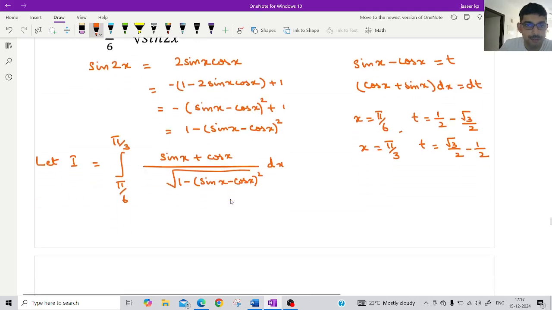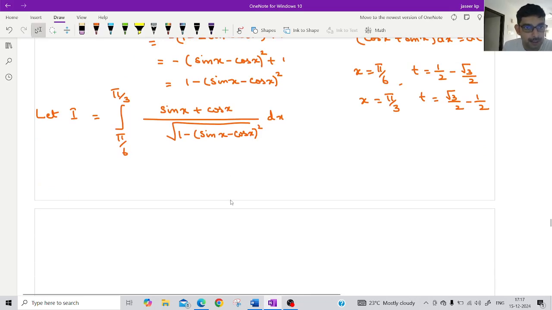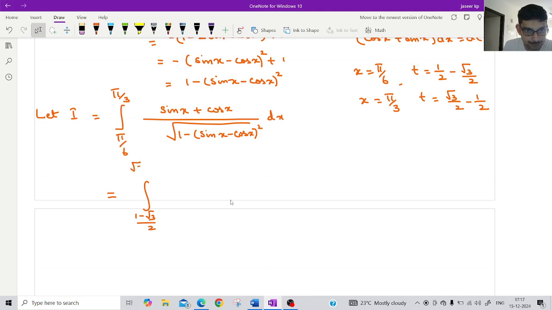So accordingly, if you change the limits, the integrand will become, lower limit is 1 by 2, that is 1 minus root 3 by 2, and upper limit is root 3 minus 1 by 2. Sin x plus cos x, it is dt divided by root of 1 minus t square. So again, if you do the integral here, it will become sin inverse of t. And now applying the limits,